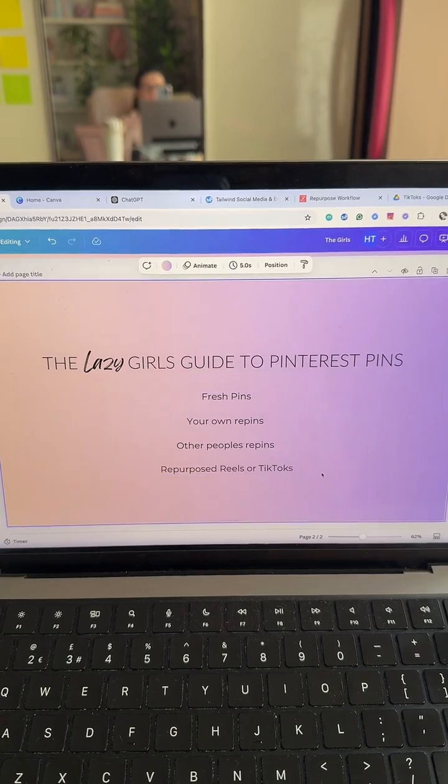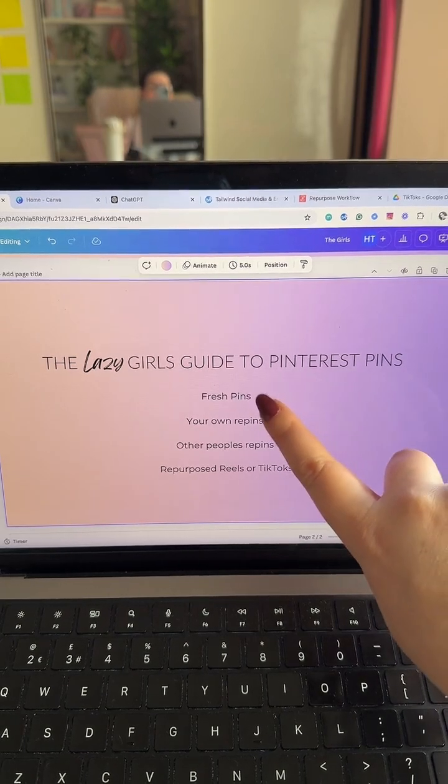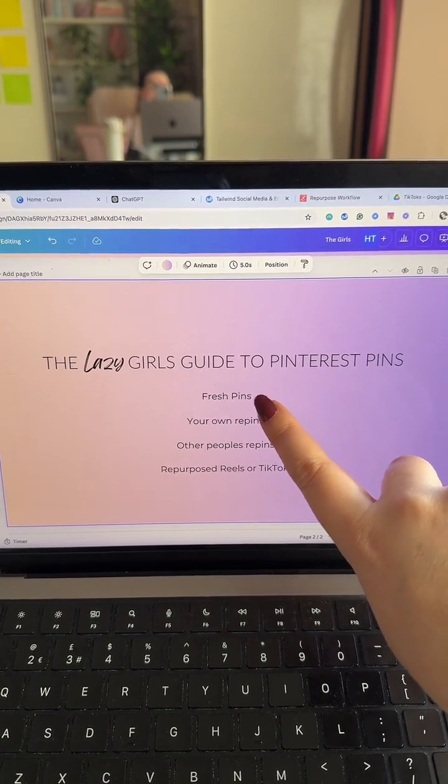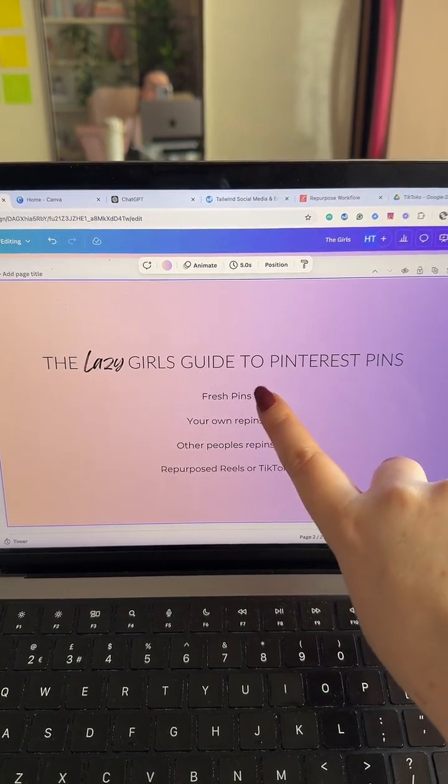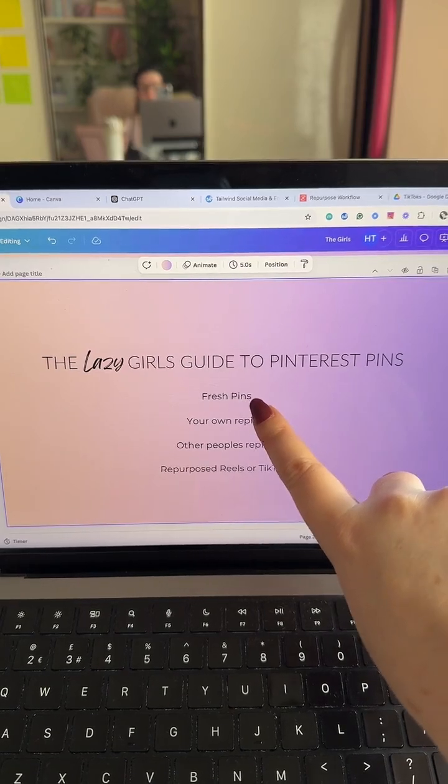When I say to people 15 per day, they're like, oh, that's so many. How the heck, because that works out to around 500 per month. How do you make 500 Pinterest pins per month? And again, we're not making 500 Pinterest pins a month. We're only actually making maybe a third of that, if that. I always say try and aim for anything between 30 to 150 fresh pins, because for every fresh pin you upload, it's unlikely you're going to upload it to just one board, especially if you're using Tailwind.